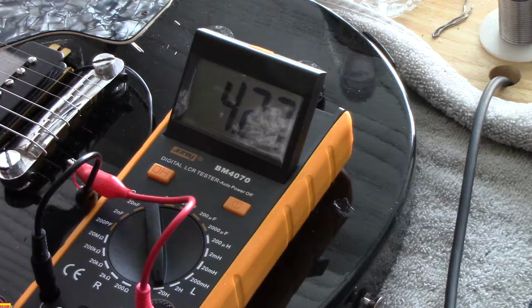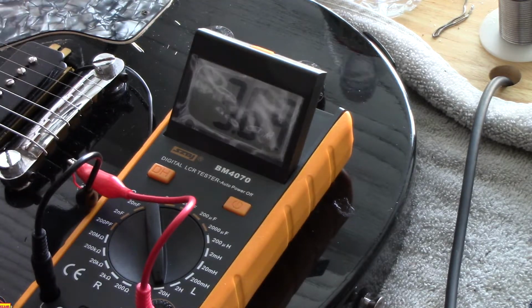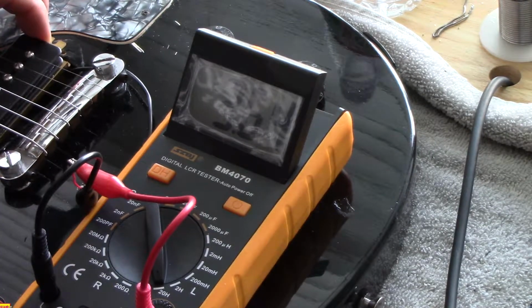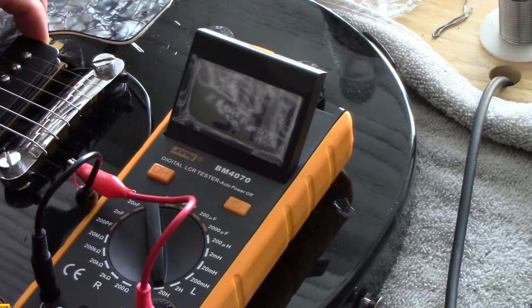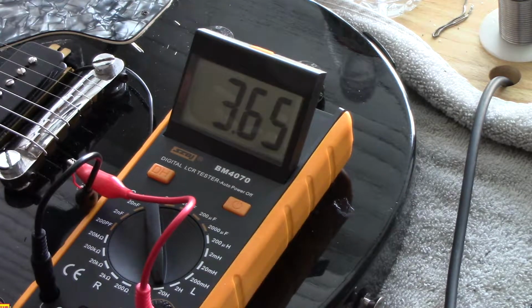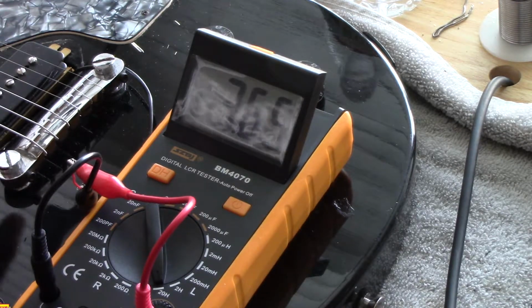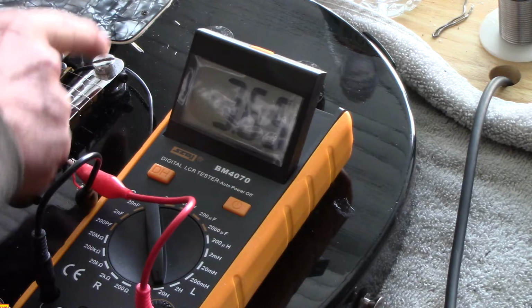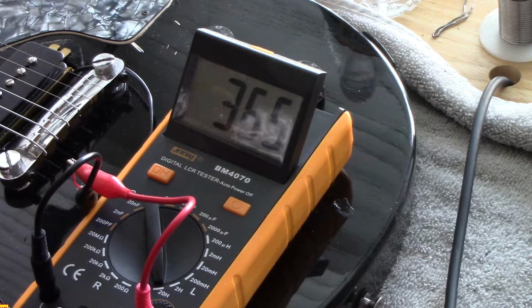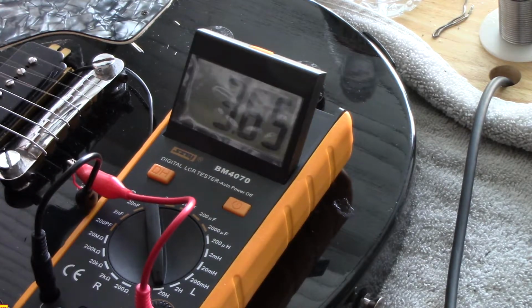So does adding a cover change your tone? Yes. Does moving your pickup closer change that magnetic field? Not as much. Now what happens is there's a magnetic field that's moving around constantly, and that is called eddies. With eddies, anytime you disrupt